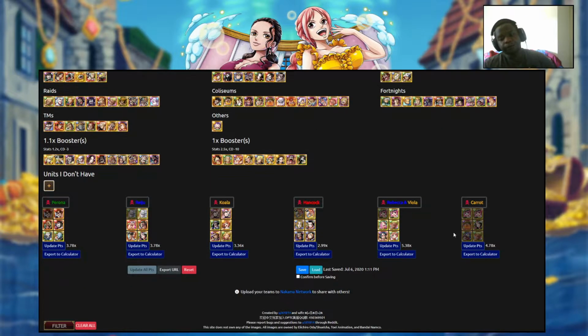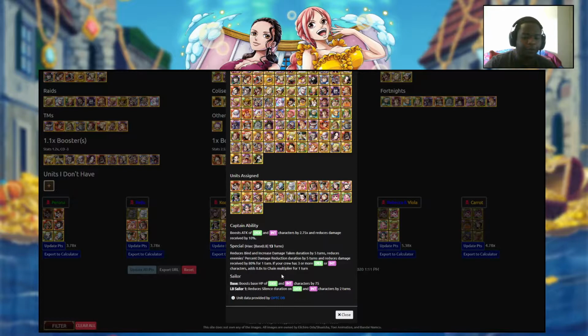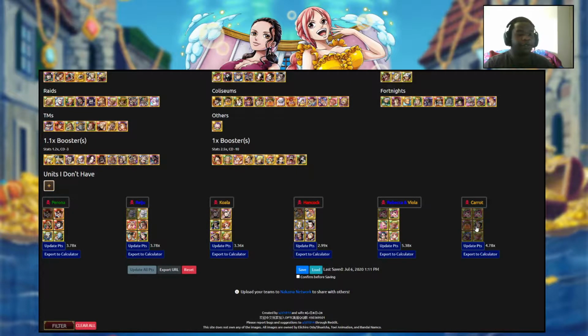So this Alvida is essentially just here for one reason, which is to give me a chain multiplier to help me increase my damage output. I can honestly use her on stage 3 or 4 depending on what I want to do. Probably on stage 3 because yeah, it'll help maximize my Neptune damage a lot, because he is my only